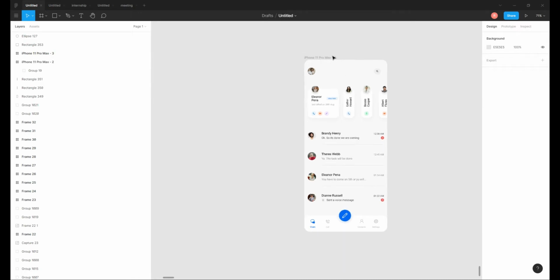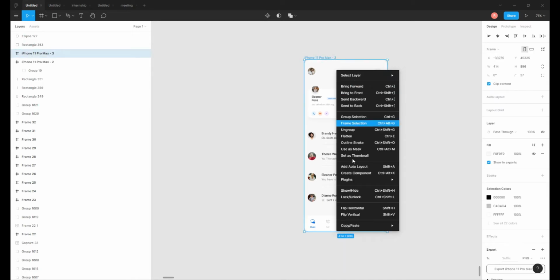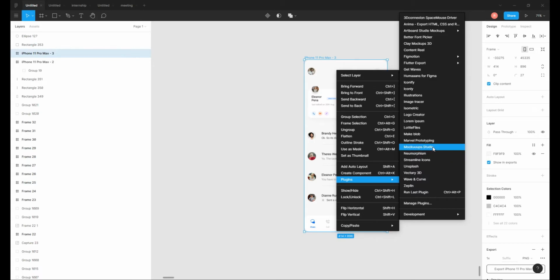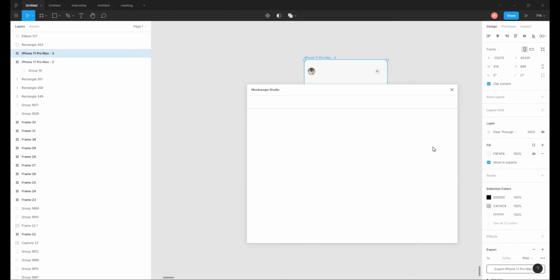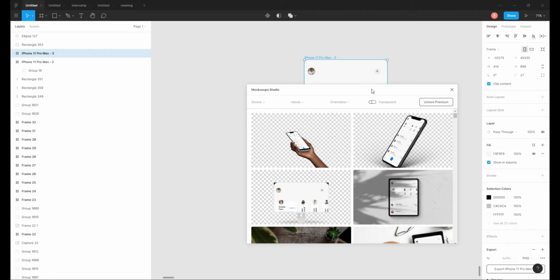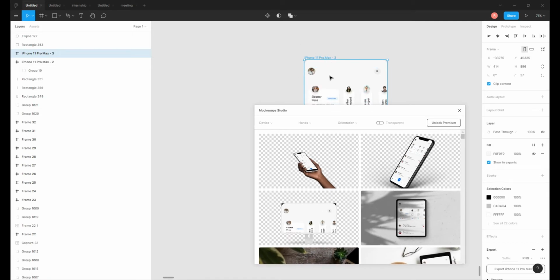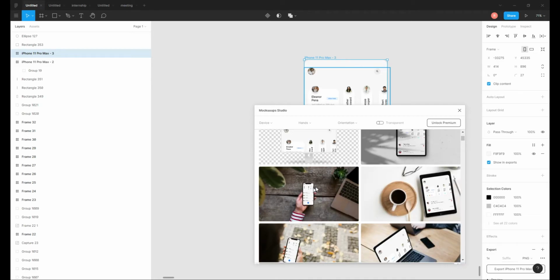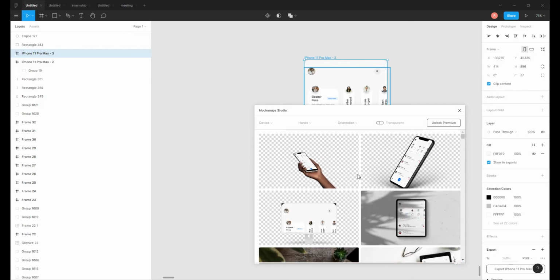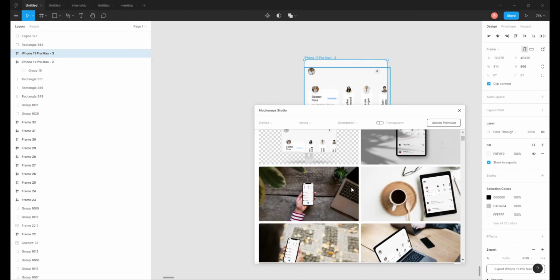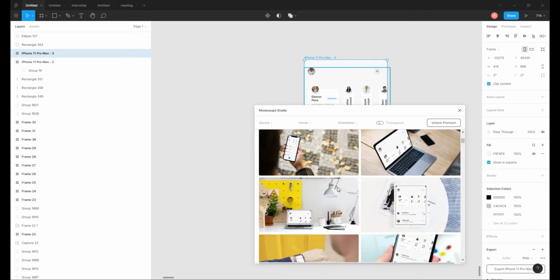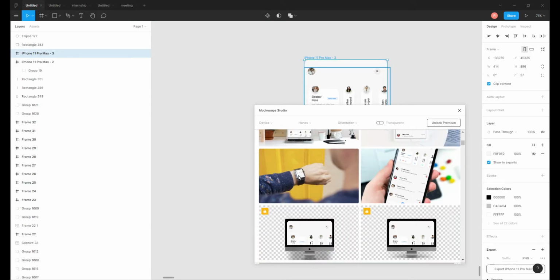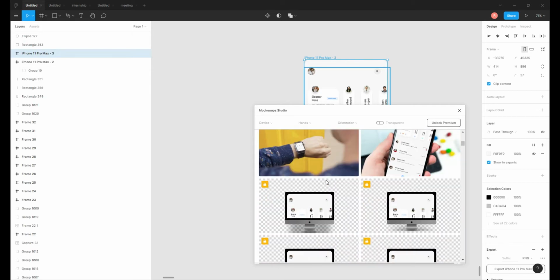But if you want a high fidelity mockup, then I'll suggest a great plugin in Figma. It's Mockup Studio. Even if you are in Adobe XD, you can find a bunch of plugins like this. You have to select the frame and click on the plugin, and then it will show a bunch of high fidelity mockups, even PNG, and with a nice background. They have mobile mockup, PC mockup, and tab mockup, laptop, iPad, everything. They even have an Apple Watch mockup also.